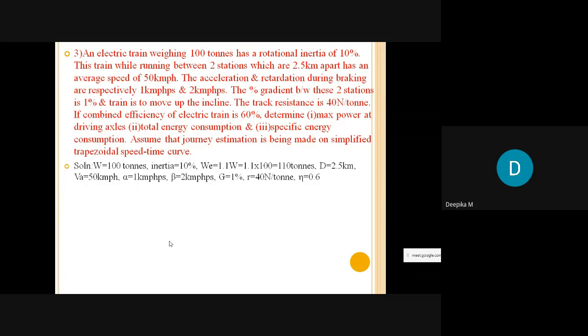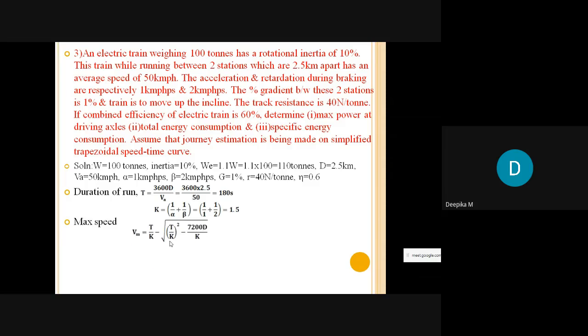So let us list out the data. Next, the duration of run we have to calculate, which is nothing but capital letter T. Here the average speed they have given, hence it is calculated as 3600 D by VA, which is nothing but 180 second. First let us calculate K, because VM, that is the maximum speed in trapezoidal curve, will be calculated by the formula T by K minus square root of T by K whole square minus 7200 D by K. Hence we have to calculate the T and K. So maximum speed is nothing but this formula. Substitute, you will get the value